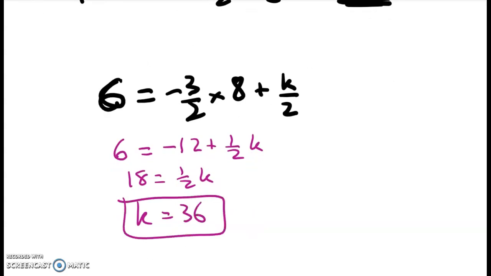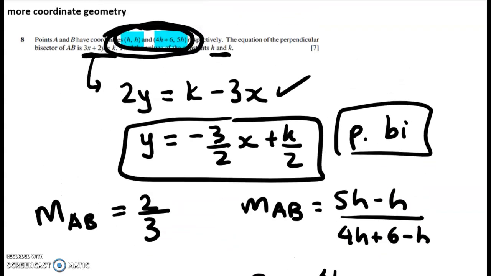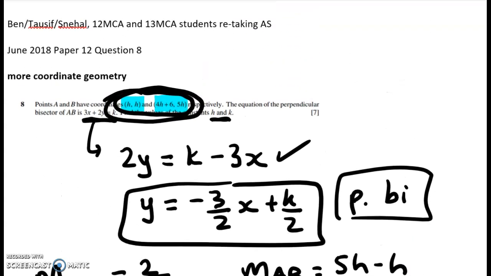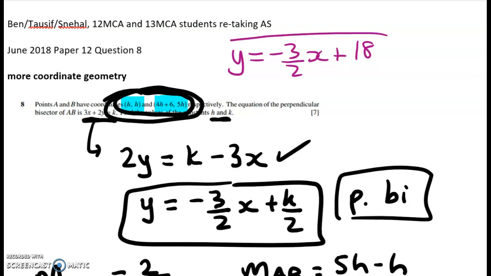Now, miraculously, I've got that video done before I go to briefing. What you might want to do is just go into GeoGebra and draw that graph. So have a look at what we've got going on now that we've figured out the h and k, because what we've got is the perpendicular bisector is negative 3 over 2 x plus 18. So if you plot that line, you'll see that